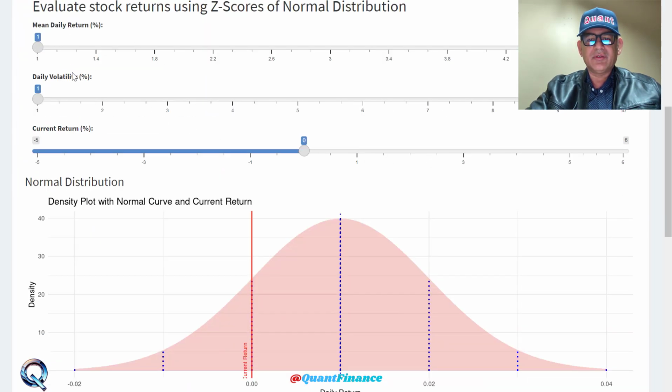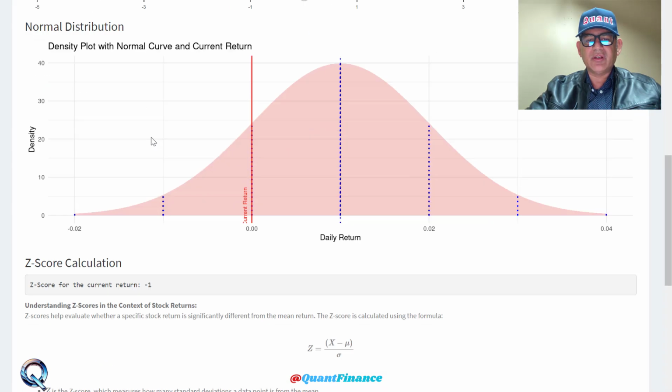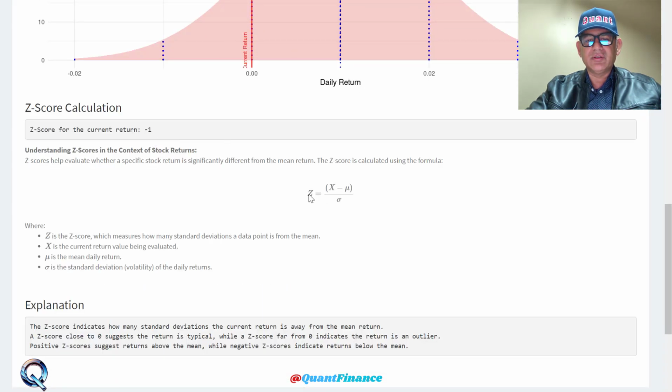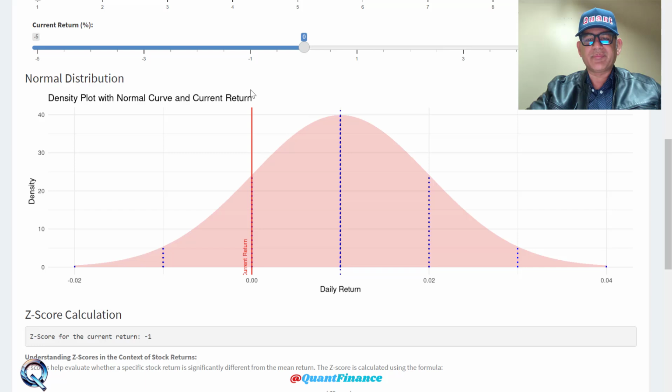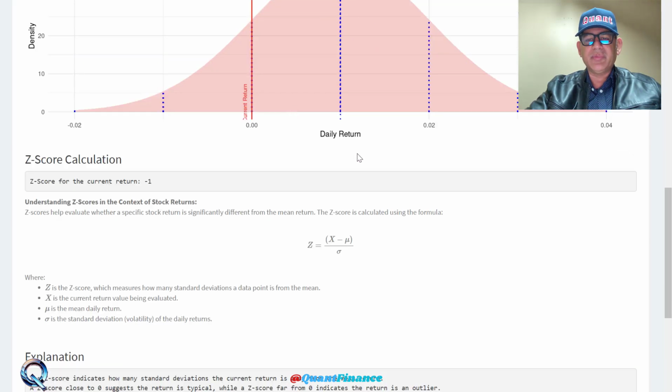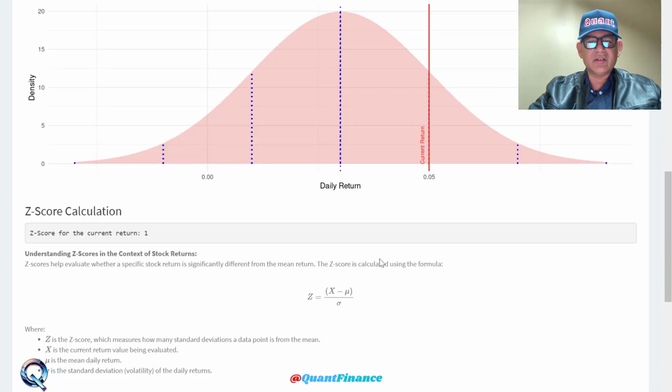Hello and welcome. Today we are going to explore an exciting application, our web app, which is designed to evaluate stock returns using Z scores, which are sometimes also called Z-scores. This tool will help you understand the significance of Z score in identifying unusual returns as compared to the expected mean return. So this Z score is a very interesting phenomenon in corporate finance and trading in particular, because Z